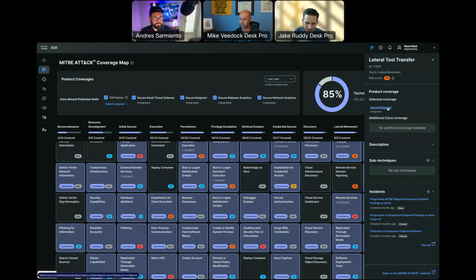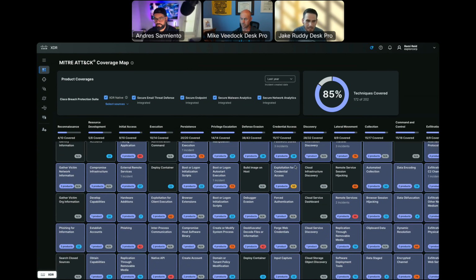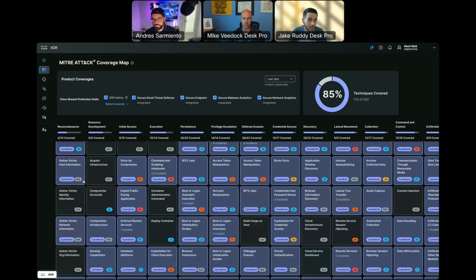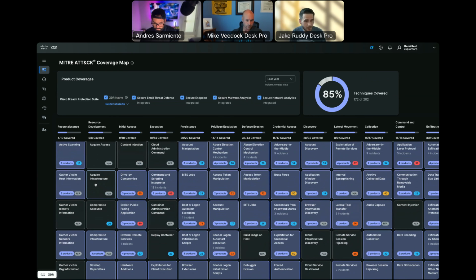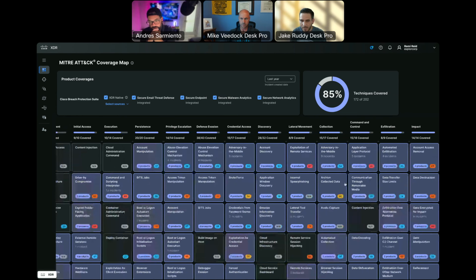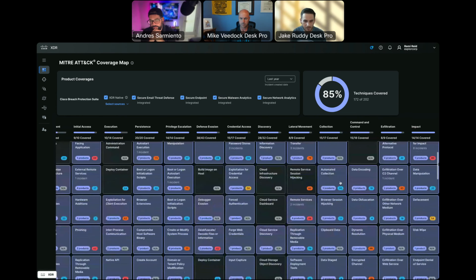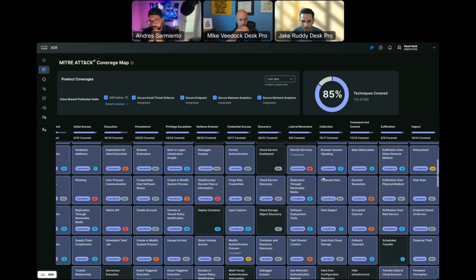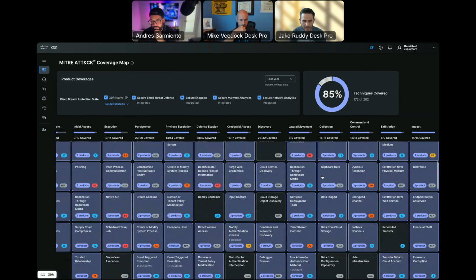Well, as long as I've got Secure Endpoint out there, I know I have coverage for that particular technique inside of that particular tactic. And where I don't have coverage, equally as important to where I have coverage is where I do not have coverage. I see that listed in here as well. We've got pretty much everything integrated here, so our coverage is pretty good. But I can see, hey, here are the different components, the different places where I don't have coverage for that tactic or technique at the moment.